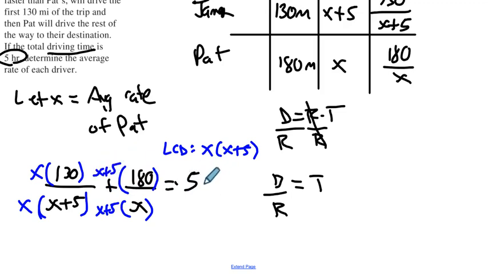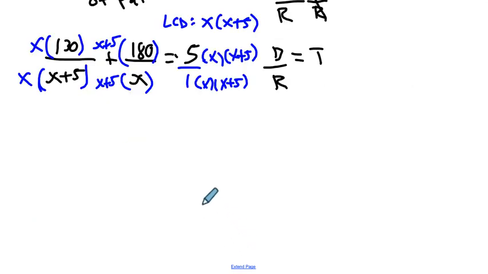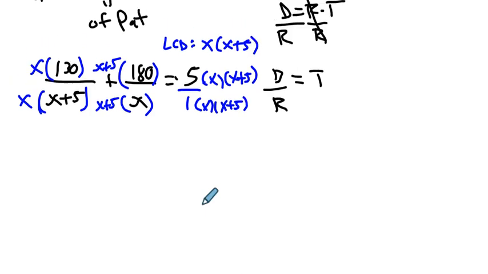And then this one needs both, right? If this is 1, then I have to multiply this top and bottom by x times x plus 5. You see? And check it out. Now we have a common denominator everywhere. Everything has x times x plus 5, which means now we can just go ahead and deal with just the numerator. Okay? 130 times x is 130x